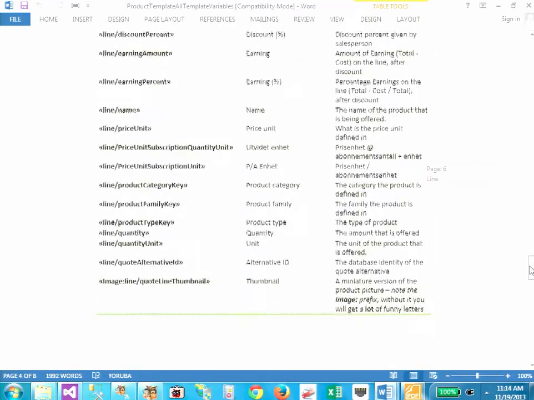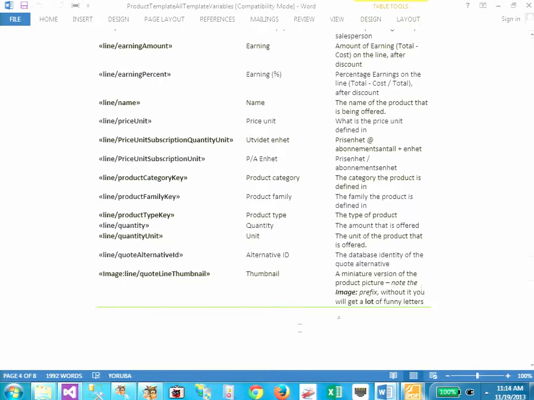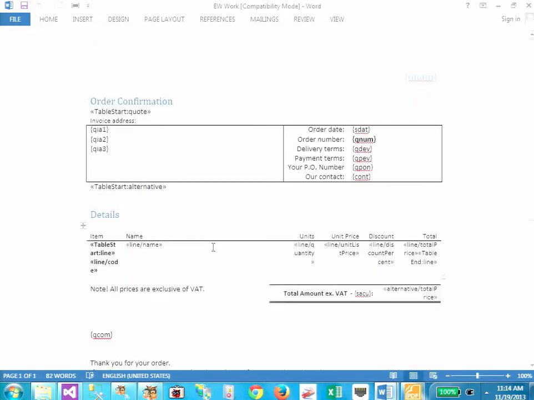Put in a nice color for each. So you can copy paste from here, or you can enter them on your own. We can try to take one and put it in as an easy start. So I will put in the quote thumbnail